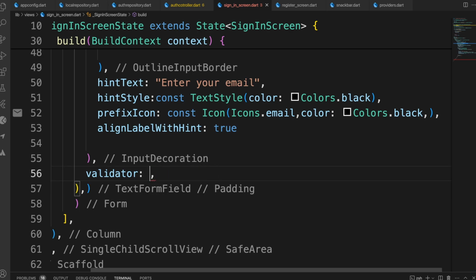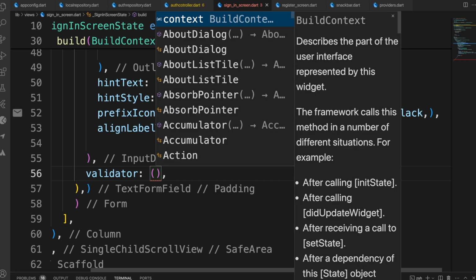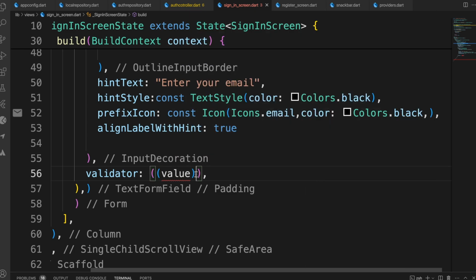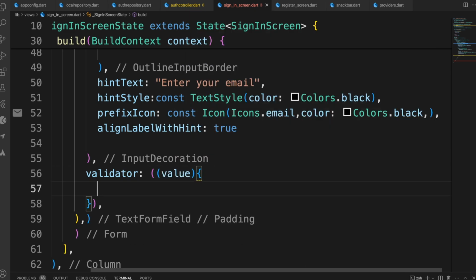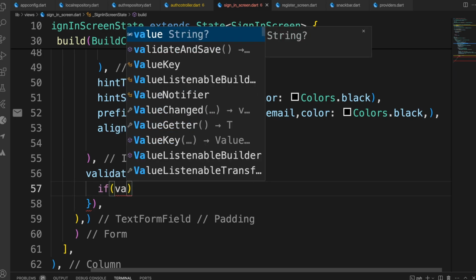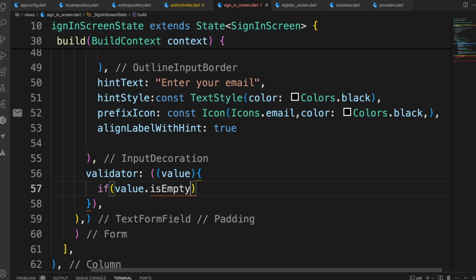I made a mistake. And then it takes in a value like this, and then we just check if the value dot is empty,